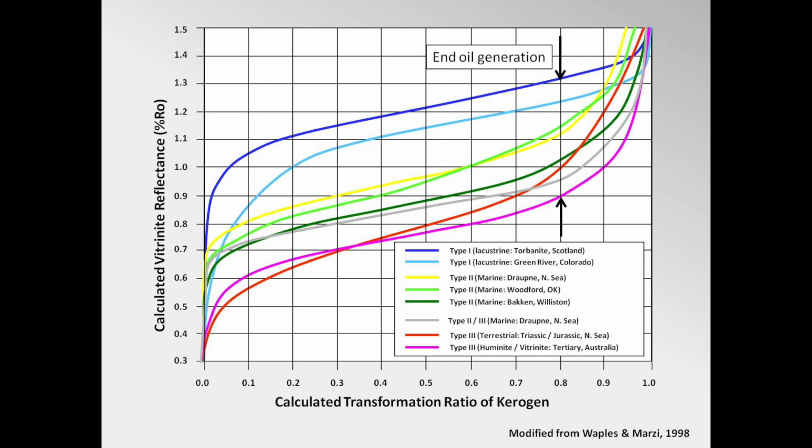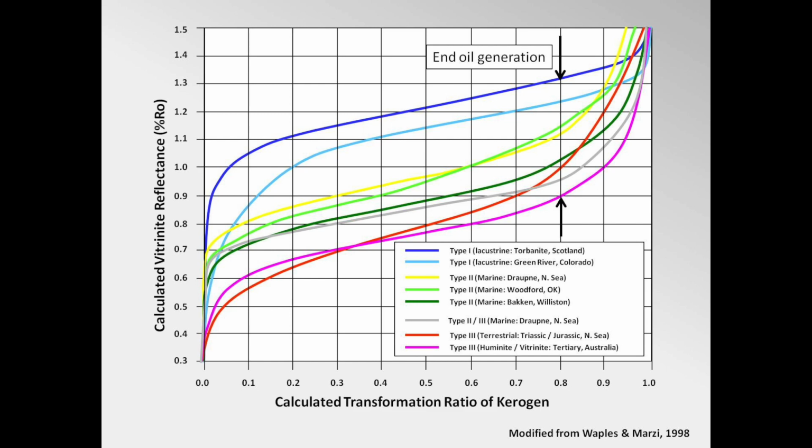Finally, if we define the end of oil generation as a transformation ratio of 0.8, taking into consideration that the gas proportion in most good quality kerogens is assumed to be 15 to 20%, then we see that the end of oil generation could occur at as early as a reflectance value of 0.9 or as late as a reflectance